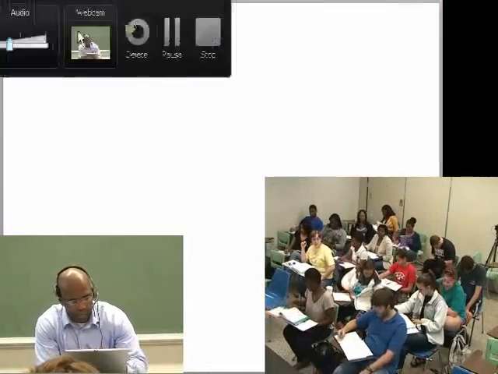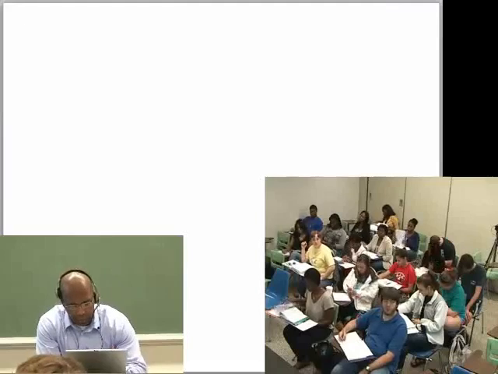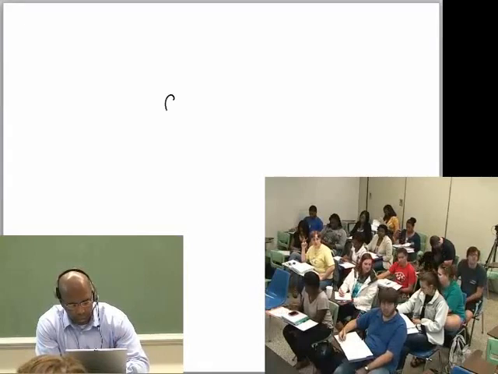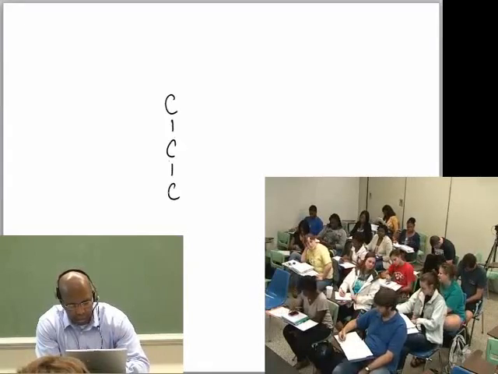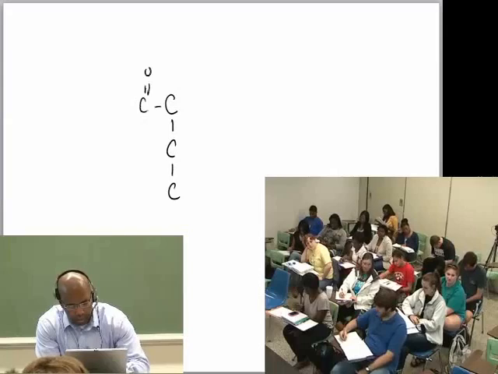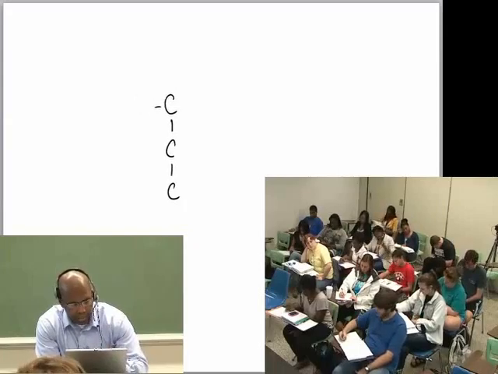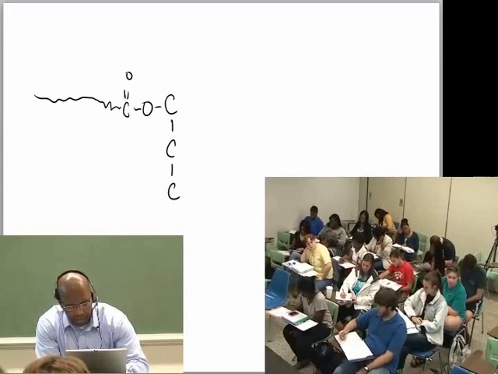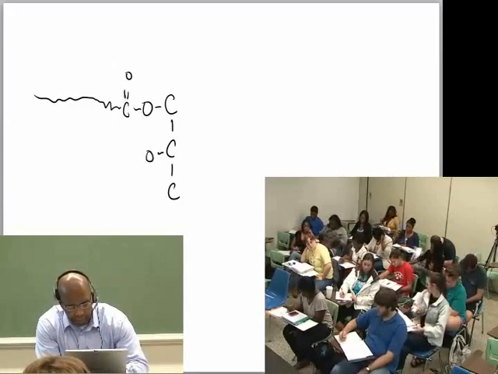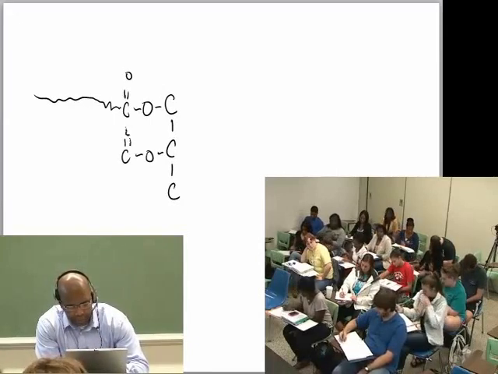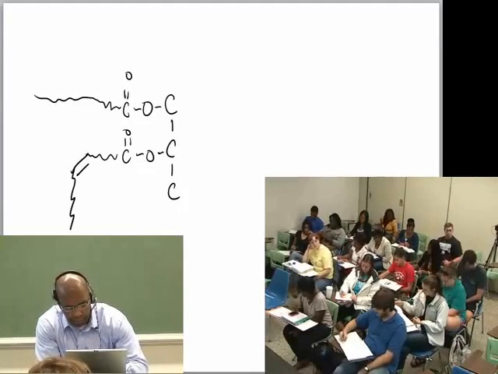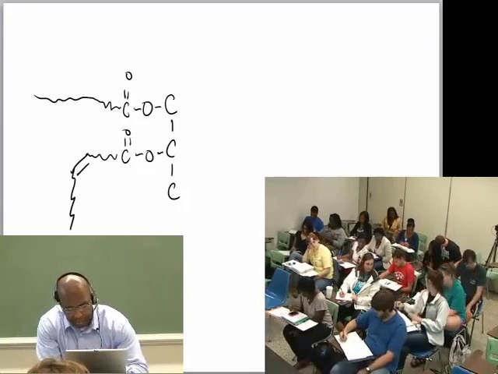Let's move this out of the way. Okay, let's draw a phospholipid here. Actually, I'm going to draw this a little lower. Okay, we have 1, 2, 3. This is our glycerol. Oh, that was wrong. Has to be an ester linkage, so I need an O there. C. There's my fatty acid. Now, this second one has to go to the left, so just remember that. 2, and our third, we have 2 fatty acids, and we're gonna draw